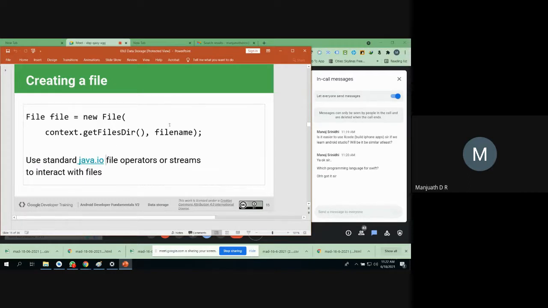And whenever you want to create a new file, of course, you have to create an object of the File class, and you pass two parameters to that constructor. One is the file directory you want to get. Whenever you are using getFilesDir, you store your information in the permanent storage area, and you know what exactly context is. The other is the name of the file. So in order to get the file details from your permanent storage area, use this method, getFilesDir. Whatever the name of the file is, you just go and gather it in this particular directory in your internal storage area. That's what this particular line will do.